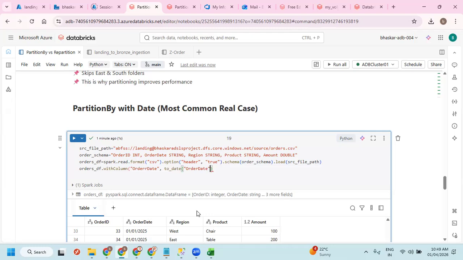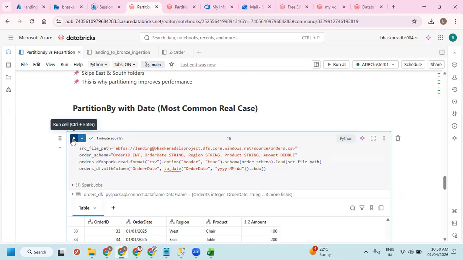And then you can give a format here. Let's say dot show.